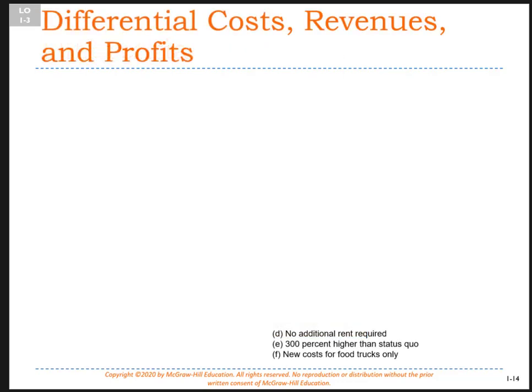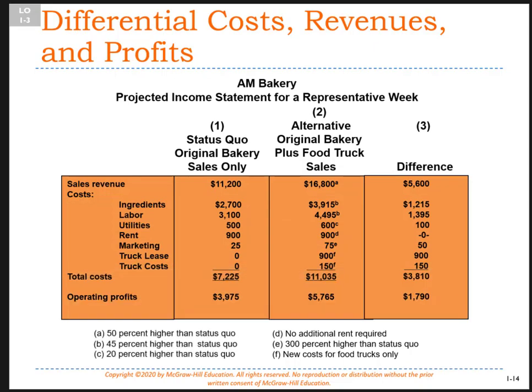So you might set up a particular decision, and this is the kind of thing that we'll do in our homework for chapter 1: look at the status quo and the alternative side by side, and then compare the difference. So we see that we do anticipate there will be differential revenues by adding the food truck, which is going to bring in